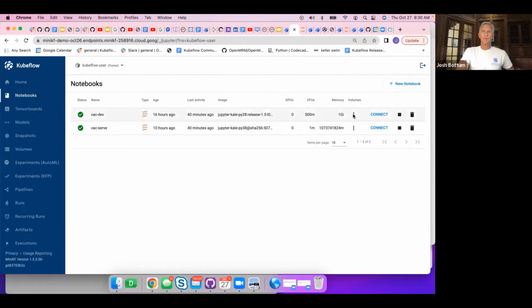This will tell you all the volumes that are associated with it. You can connect into this. You can hit stop, or you can throw it away. That's what the trash button is for. I need to move something here so I can go in. I've already started one of these, but before I do that, let me just show you how you can go in and configure this,